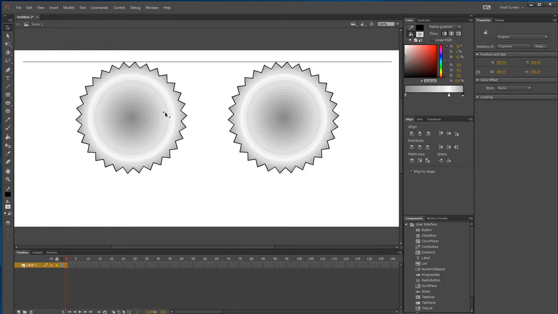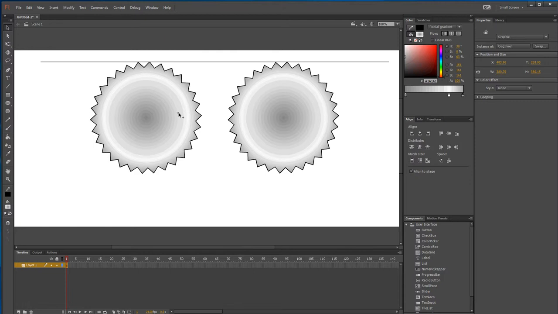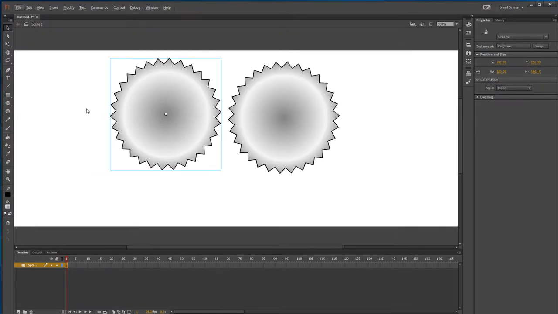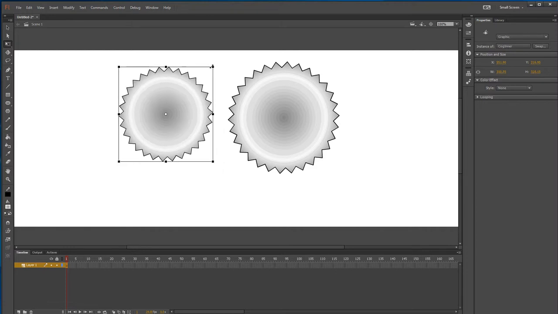I'll let go and drop it there. Then using the transform tool, I can resize. So I'll resize that to be slightly smaller,